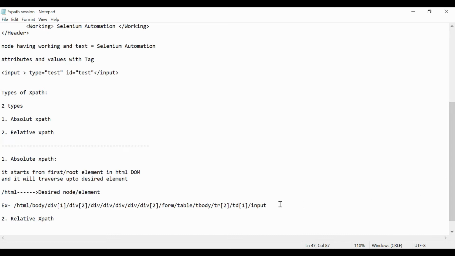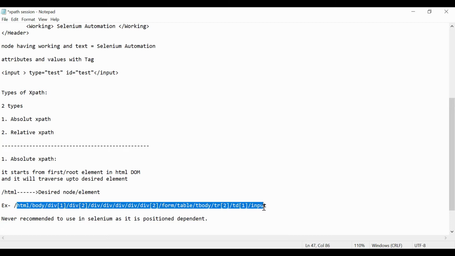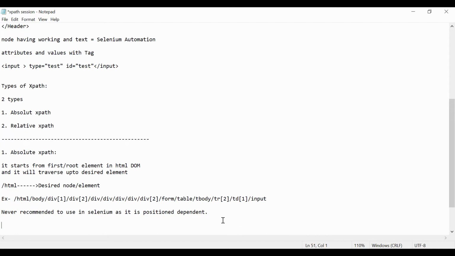Here I will just put a note: we will never use absolute XPath in Selenium as it is position dependent. Position dependent means if in future the position of the input tag changes, whatever the absolute XPath will not work. So it's not feasible to change it every time.